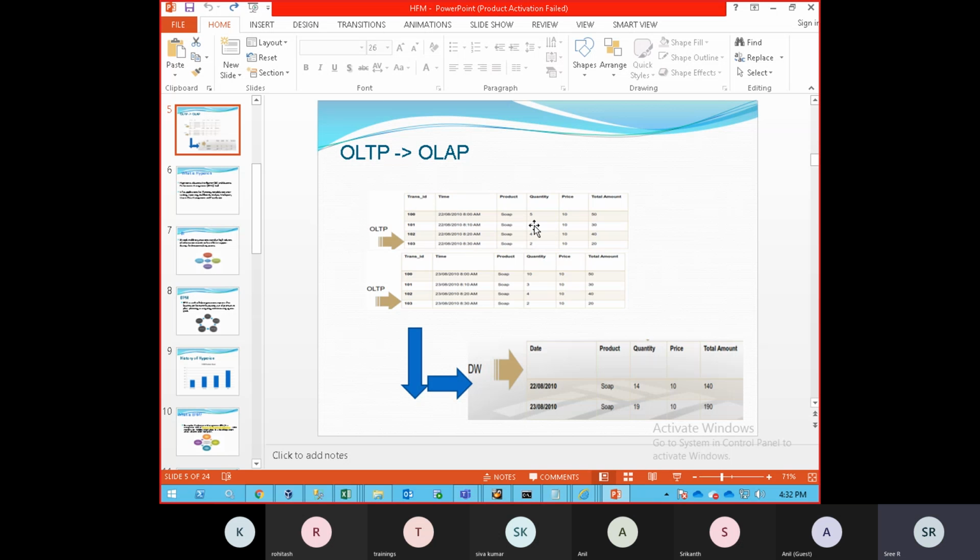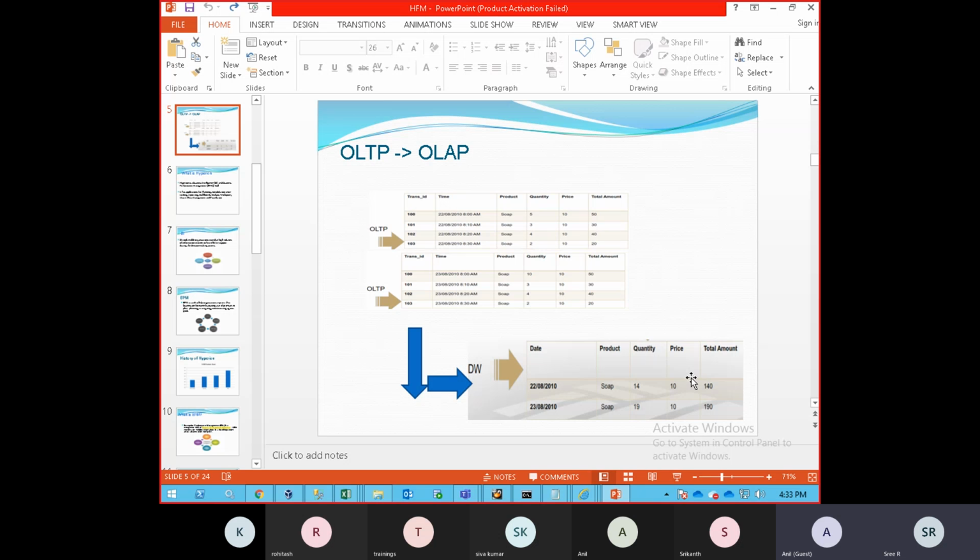So OLTP holds only the recent transactions, only transaction information. It could not give you the consolidation. What is the total available balance? What is the last transaction? Last five transactions. That's it. It could not hold this month's balance or last year's balance. That is called OLTP. But the management requires the complete statement, the historical information. If they want it, they could not get it. So for that reason, to retrieve immediately whatever data you want, you can go with OLAP, and you can do the consolidation also.